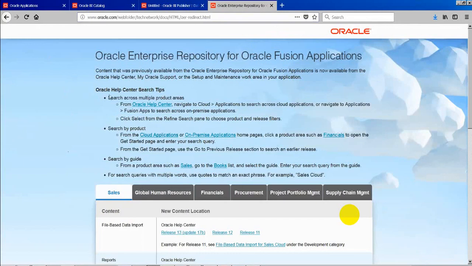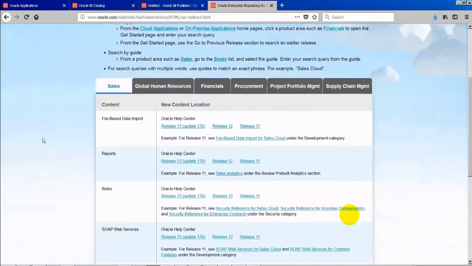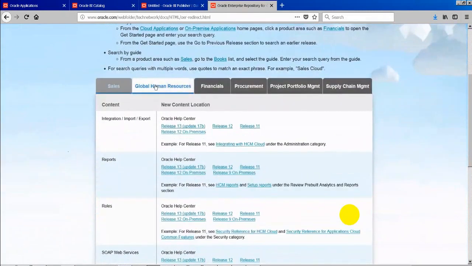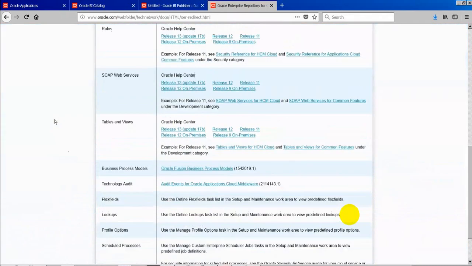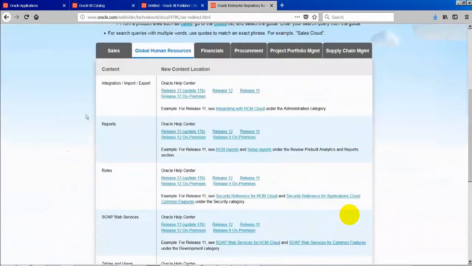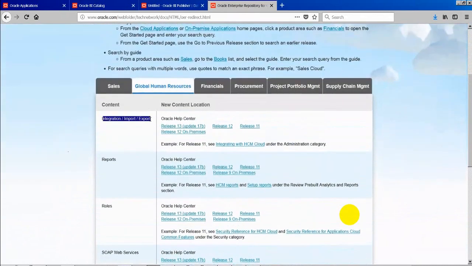This is a place where you can find help for most of the information. Oracle has given the documentation for all the tables here. All our security related tables are in Global Human Resources, and the help is categorized by different content.